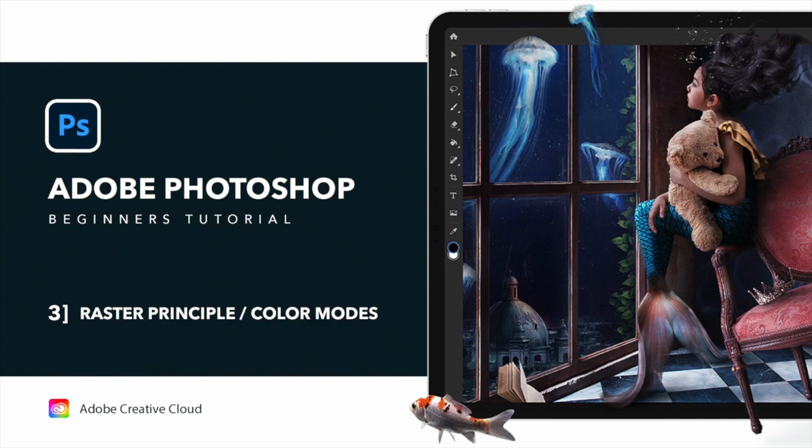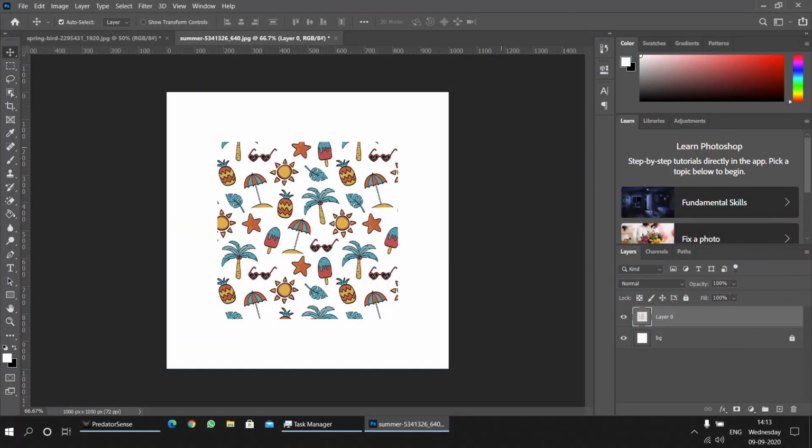Hello viewers, today we are going to talk about color modes and raster principle in Photoshop. This will help you get a better understanding of working with images for various occasions. Let's get an image for this. You can use the image that I am using, or you can just pick any random image and import it